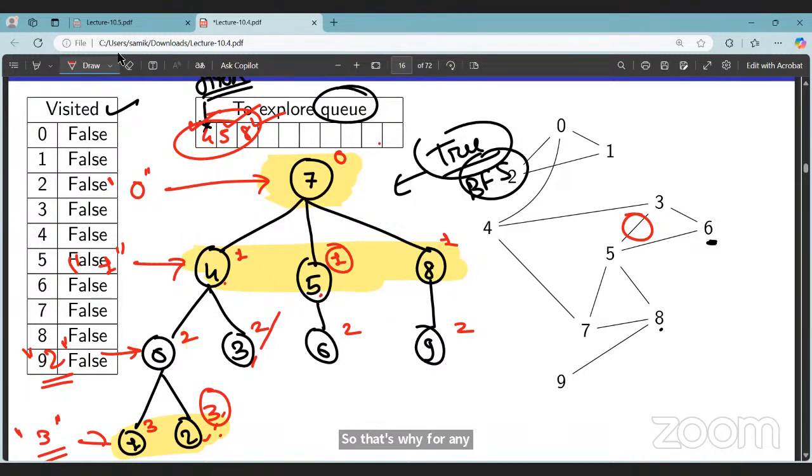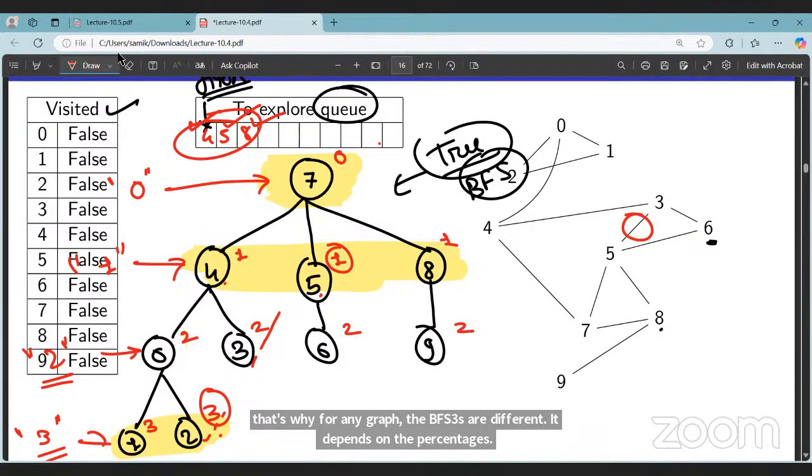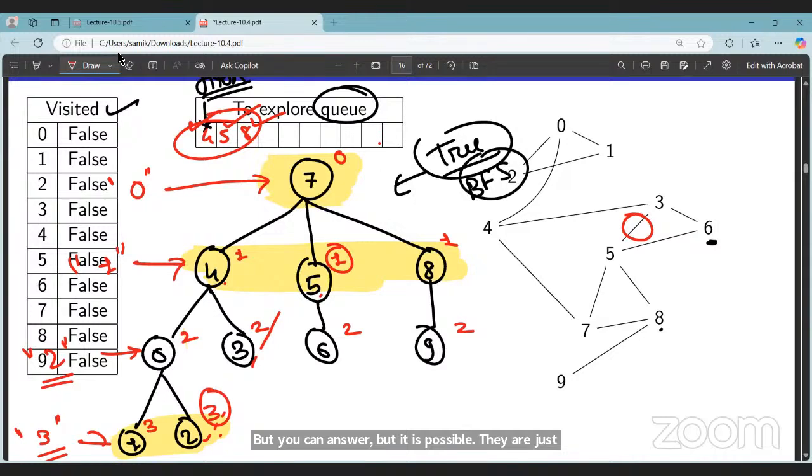They are just asking you about a possibility, whether it is possible or not. So obviously such a thing can be possible. You can answer this by just taking an example. So just draw. Okay, so what you can do,